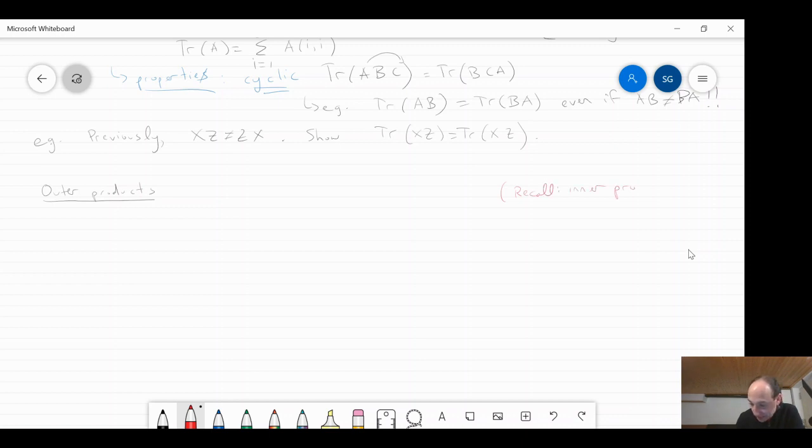So here, if I just had two vectors psi and phi, the inner product I wrote this way. This was a well-defined operation because this thing was d by 1, and this thing was 1 by d, right? So the inner dimensions match, and the matrix multiplication is well-defined. The output will be 1 by 1.